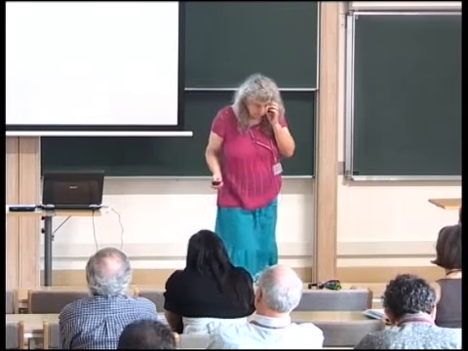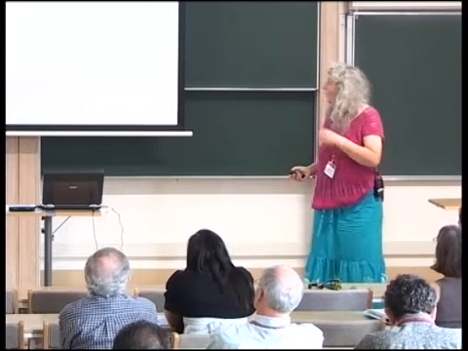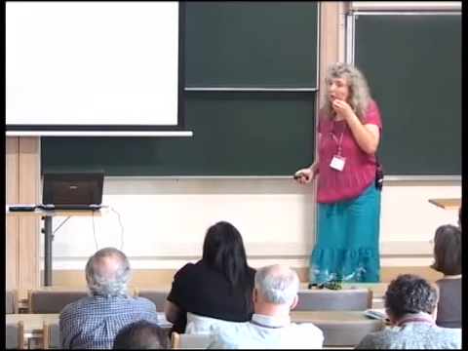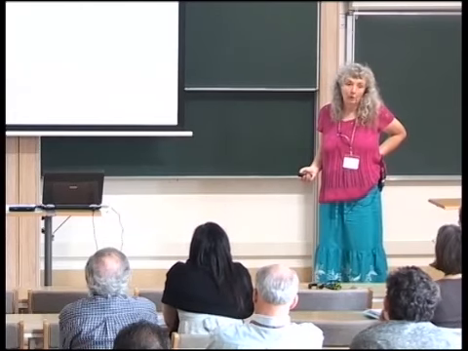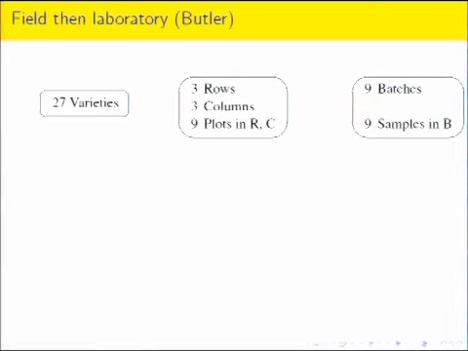Okay, on to another. Now this example is more generic than actual, from lots of conversations with Ruth Butler, who is now with Crop and Food in New Zealand. So we're going to just compare 27 varieties. Probably this is a grain crop out in a field experiment, and later on we're going to do something in the lab. Now when I was at Rothamsted,